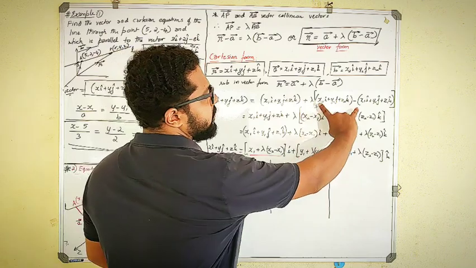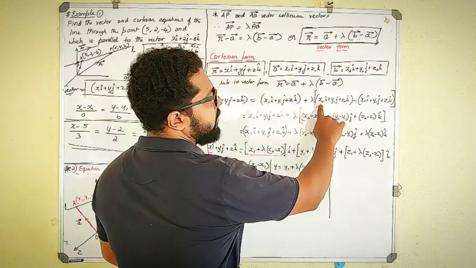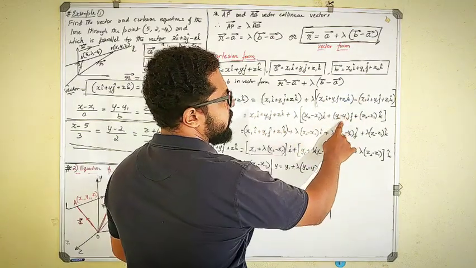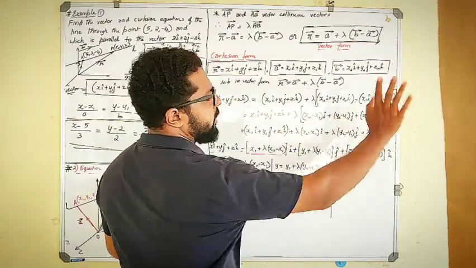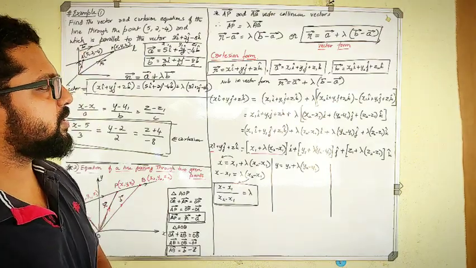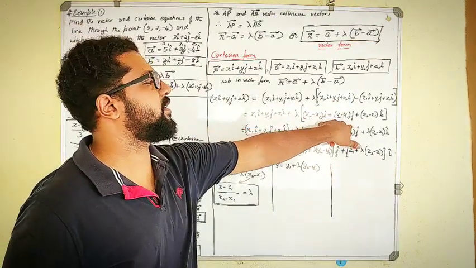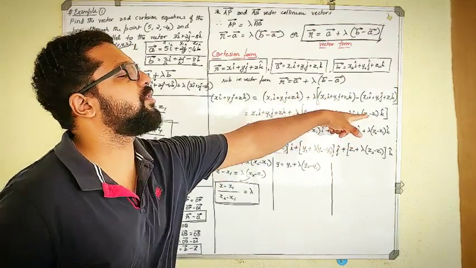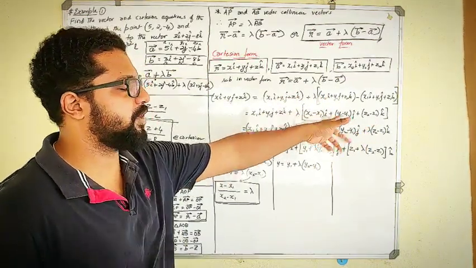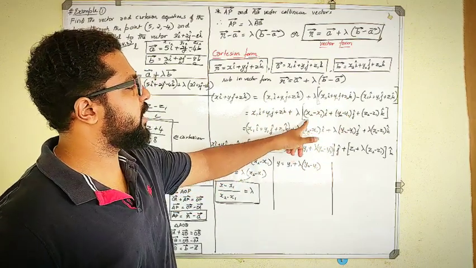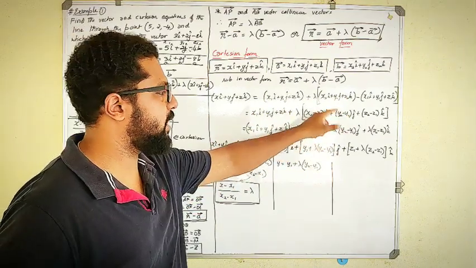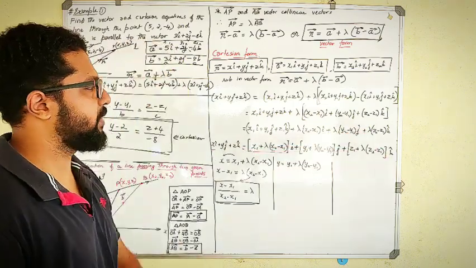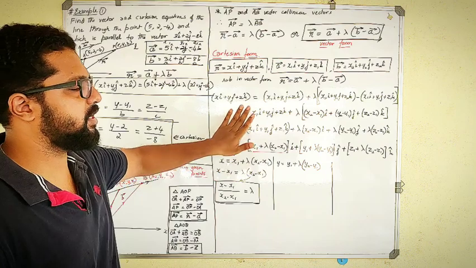Subtraction of two vectors is nothing but component subtraction. That is here x2 minus x1 i cap, y2 minus y1 j cap, z2 minus z1 k cap. Okay? So this is about subtraction of two vectors and I have written it inside the bracket like this. Next comes the multiplication of a scalar into this particular vector. So here it becomes lambda into x2 minus x1 i cap, lambda into y2 minus y1 j cap, lambda into z2 minus z1 k cap. The rest of the things remain the same.